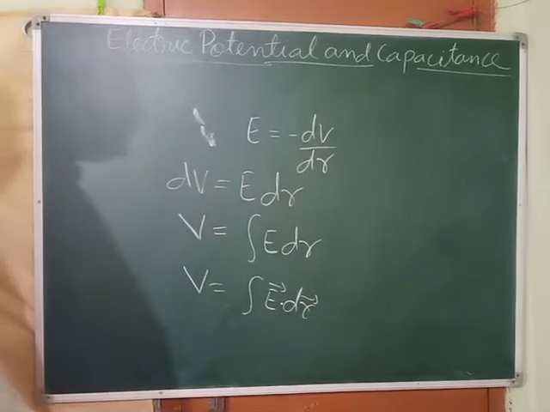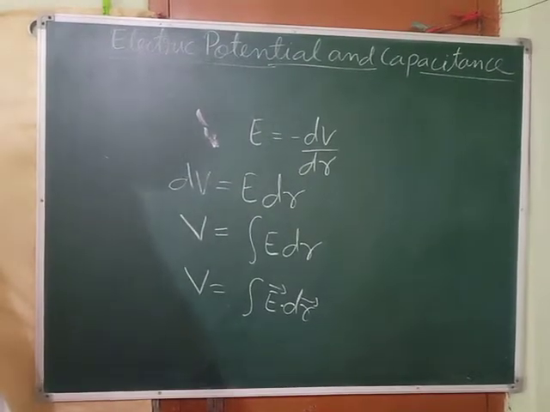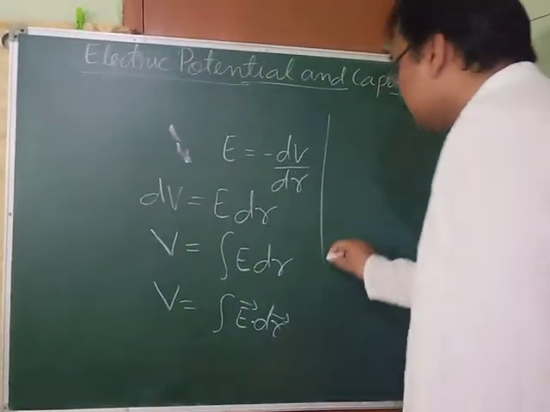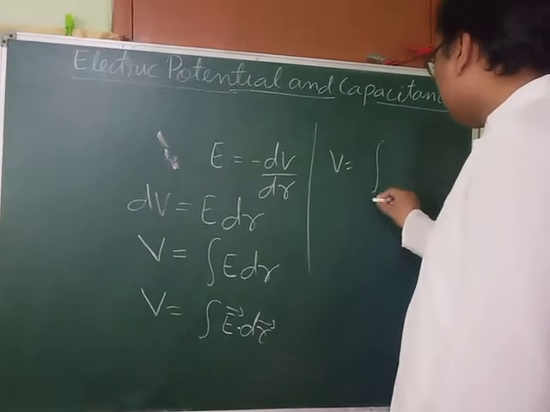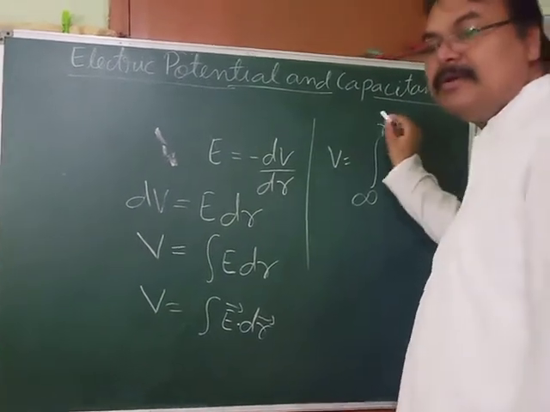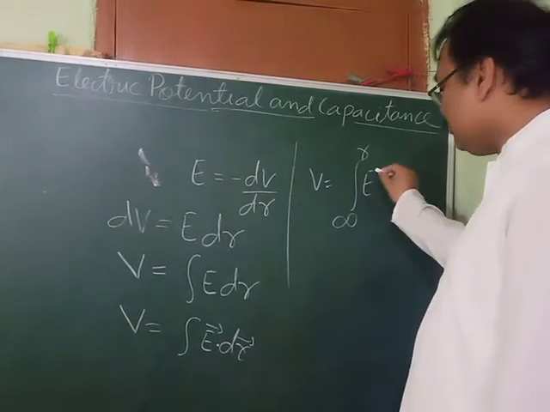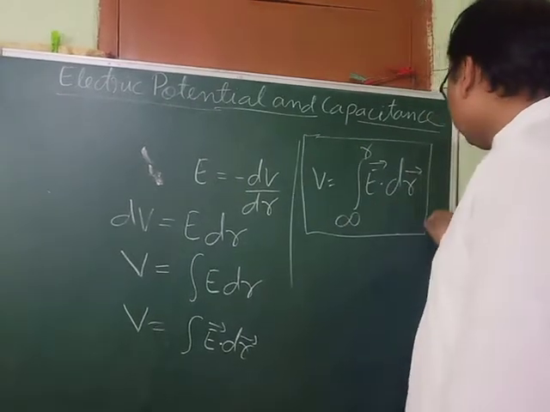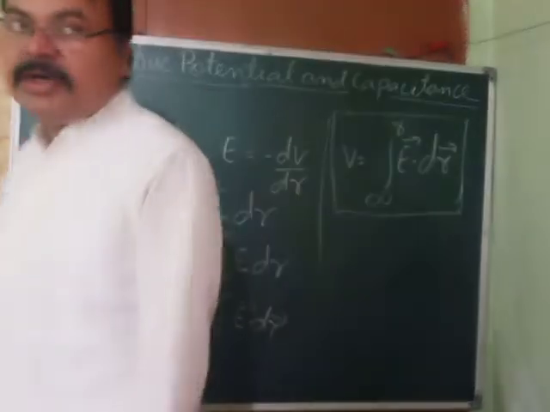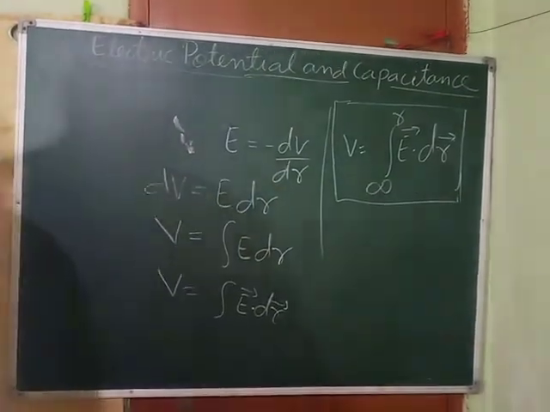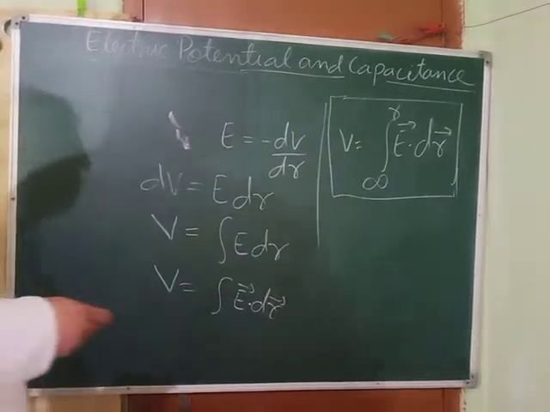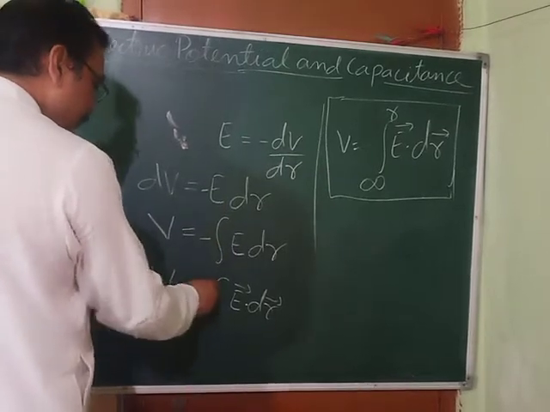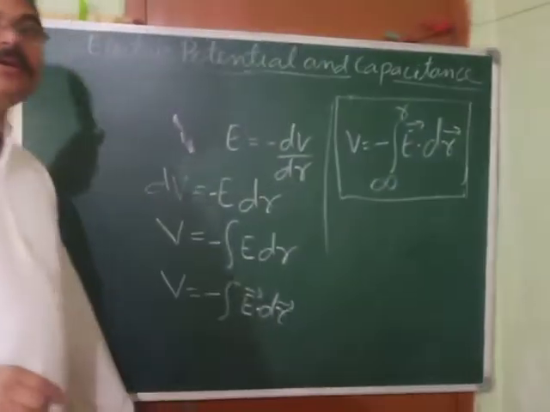Okay. Now, what should be the limit? See, while finding the potential, what do we do? We bring the charge from infinity. So our limit of integration will be from infinity to a point having position vector r. Okay. So that's what we will use here as a limit. So E dot dr gives us the potential. Okay. So this is again a very important formula. If you know the electric field, you can find out the potential. Okay. One thing is missing over here, and that is the negative sign. This negative sign was there, so you will get a negative sign over here, and here also you will get a negative sign. That was missing with us. Okay.